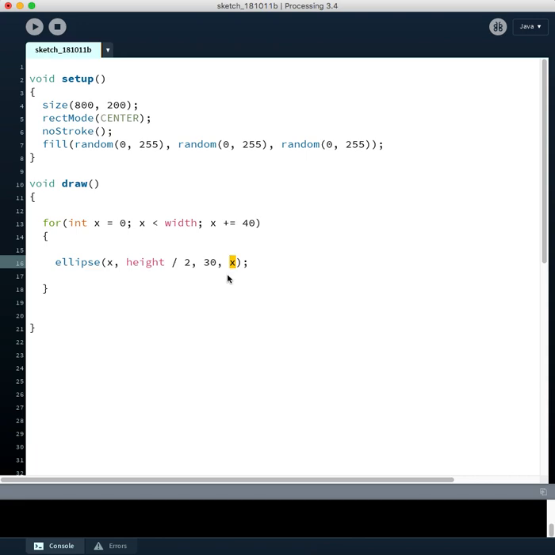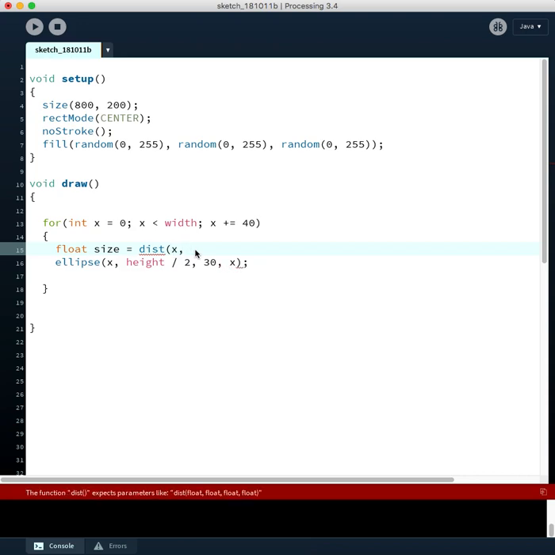Alright, so there's this function in the Processing language called distance, or dist is what it's actually called. So let's create a float variable, and then we'll make this the size, and we'll set it equal to the distance between the x point and halfway down the screen, so where our shapes are being drawn. So you can see this is where our shapes are being drawn, the x and y of our shape. That's the first point that we send the distance function. The second point that we send the distance function is the mouse x,